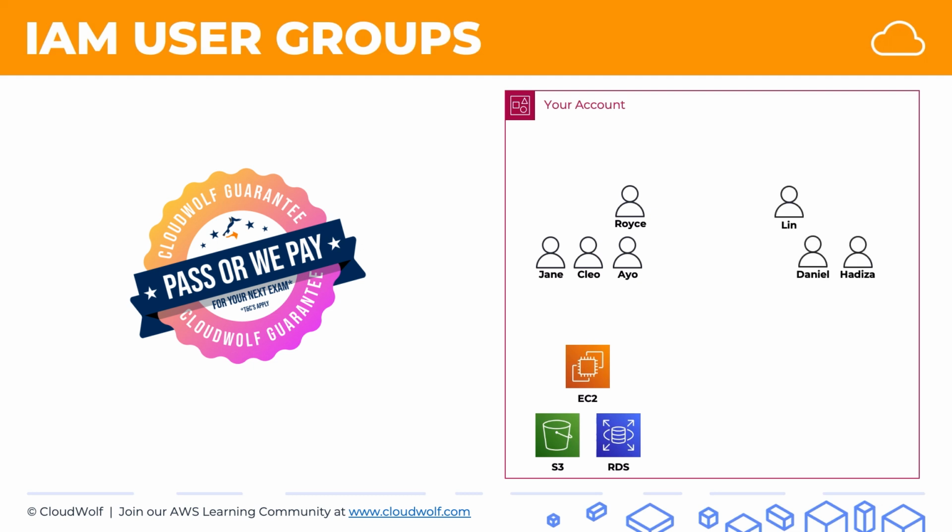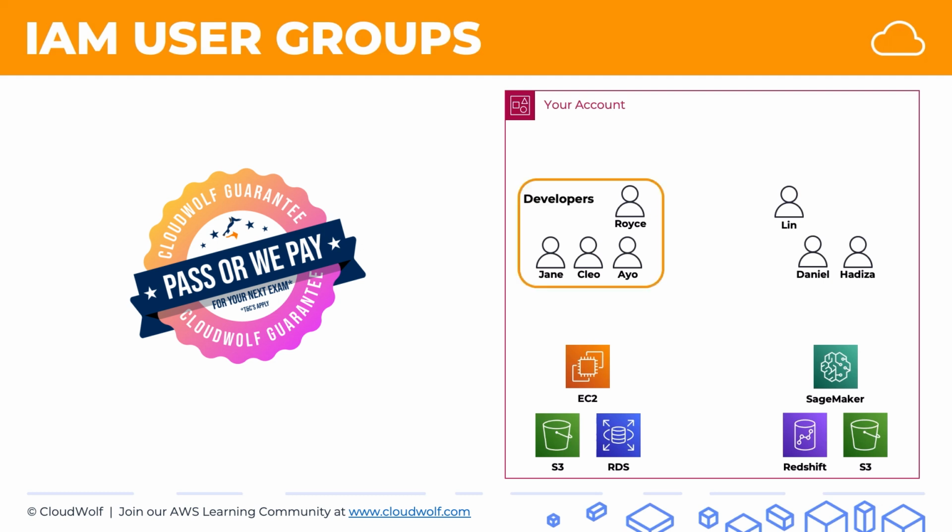And then on the other hand, we have another team inside our organization. These are data scientists and they need access to other tools. They need access to Redshift, SageMaker, and S3. So what can we do? Well, instead of giving each user individual permissions to access the tools that they need, we can group the users into groups. So the developers can go into a group which we will name developers,